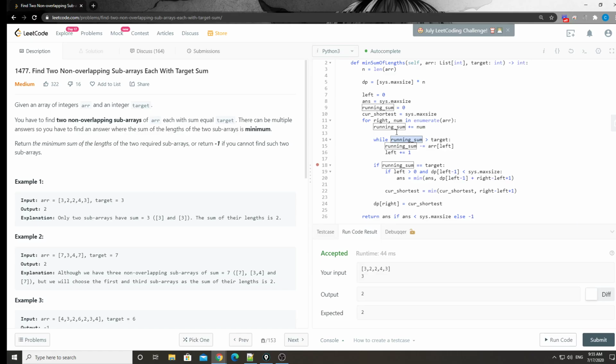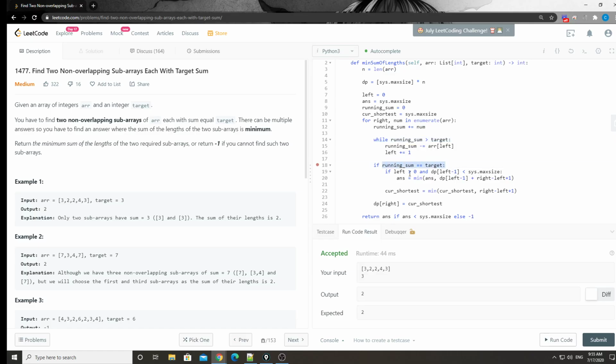In order to find a matching sum, we have to move the left pointer to the right. Otherwise, this running sum will keep increasing, right? That's why we need to shrink the left until it is inside the target range, and then we check